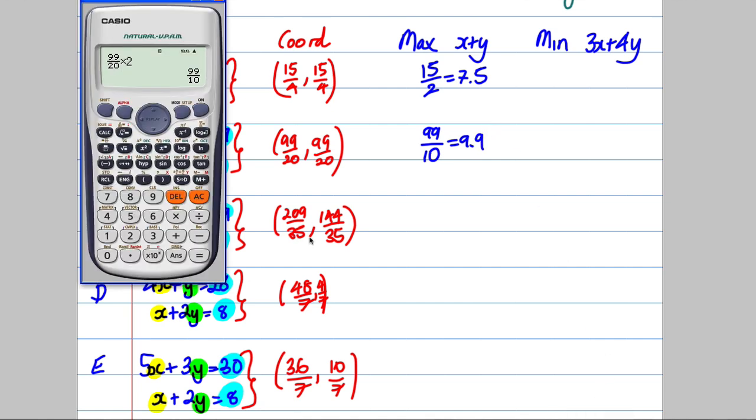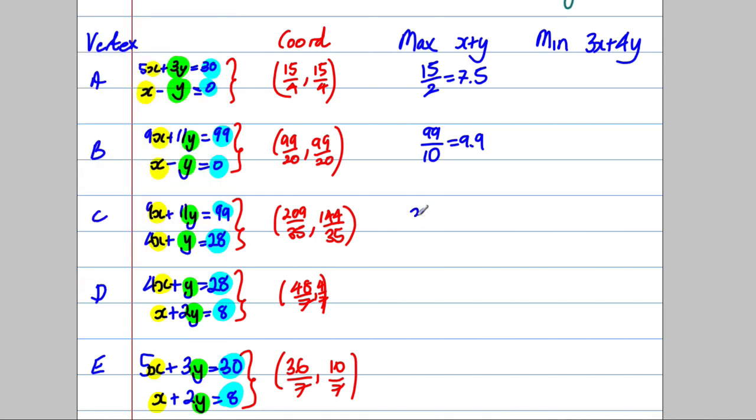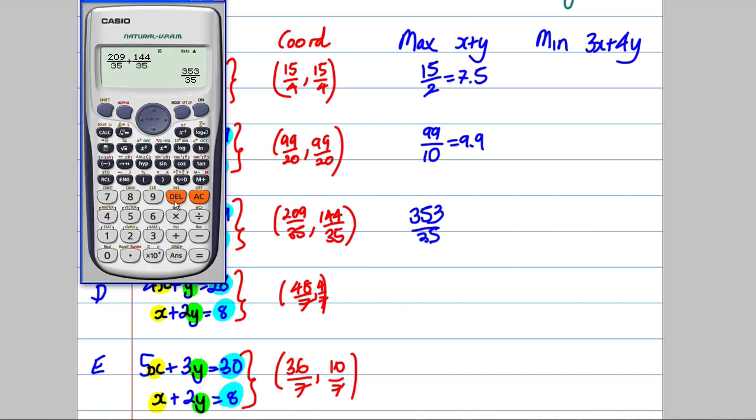Okay, the next one, I'm going to add these two together, which is going to be 209 plus 144, all over 35. So I get 353 over 35,